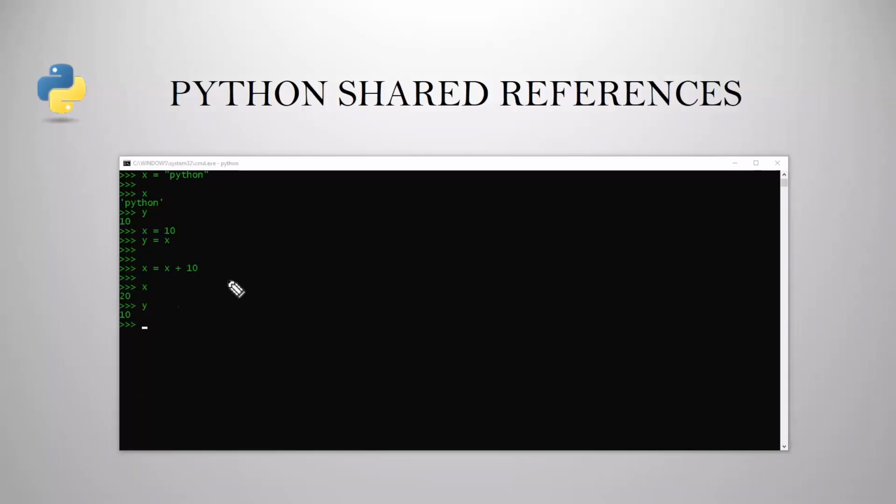So here you may ask, okay, in the previous example we assigned a string to x, and because y still refers to the same object and x starts referencing the new object, x became Python and y remains 10. Here we are doing the same, adding 10 to x. So x becomes 20 and y remains 10. In this example we are using the plus expression.